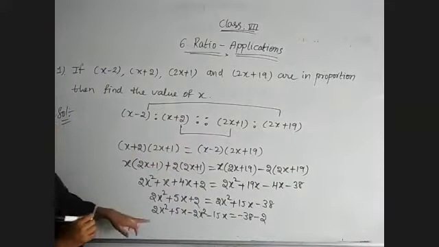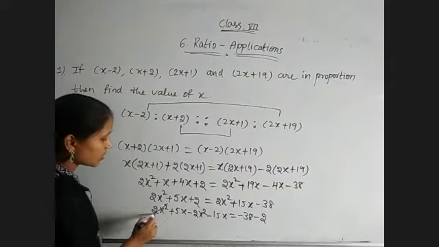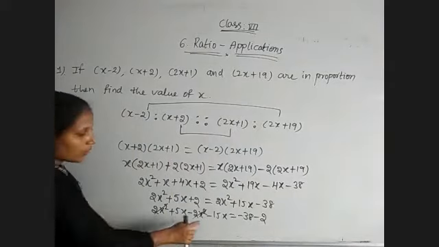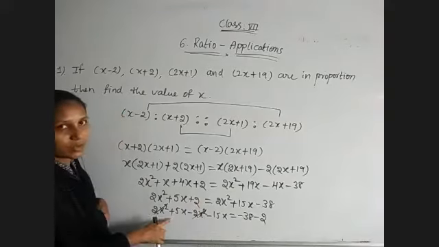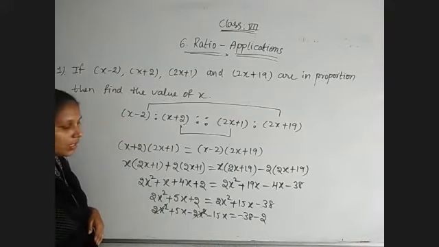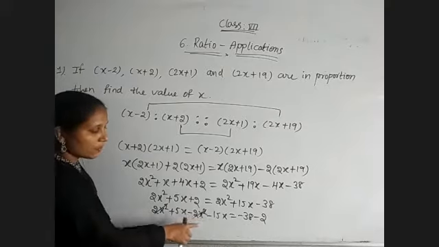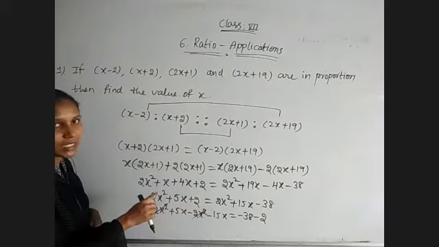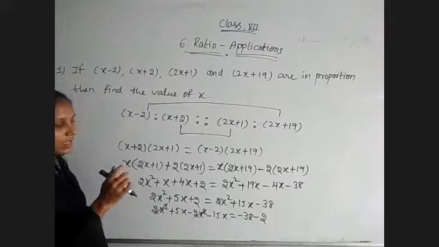Okay, then plus 2x square minus 2x square both will get cancelled. Minus 15 plus 5. Both are unlike integers, so subtraction. 15 minus 5 is 5. But 15 is the greater number. So minus 15 plus 5 is minus 10. Minus 10 we will get. So minus 10x